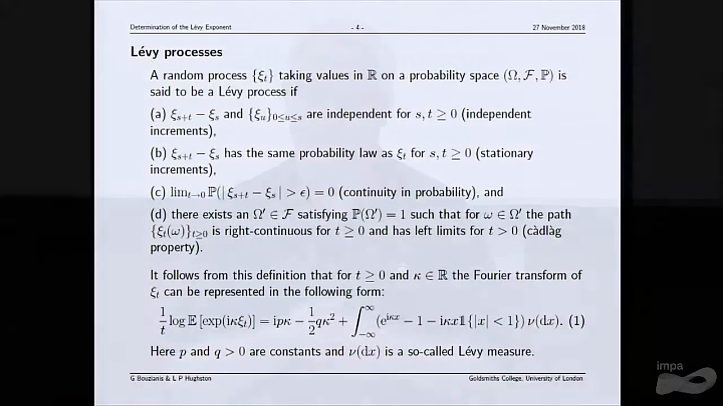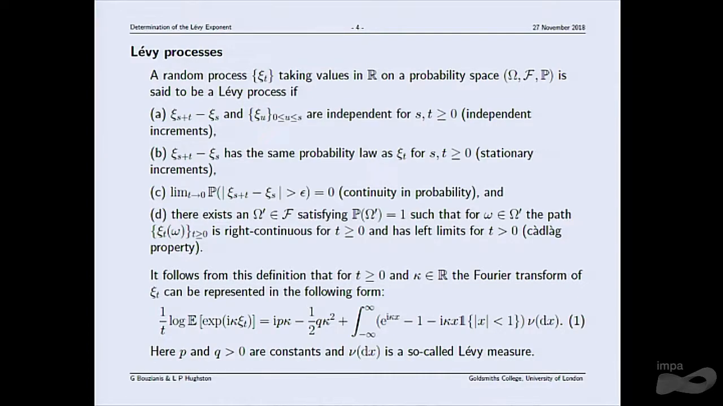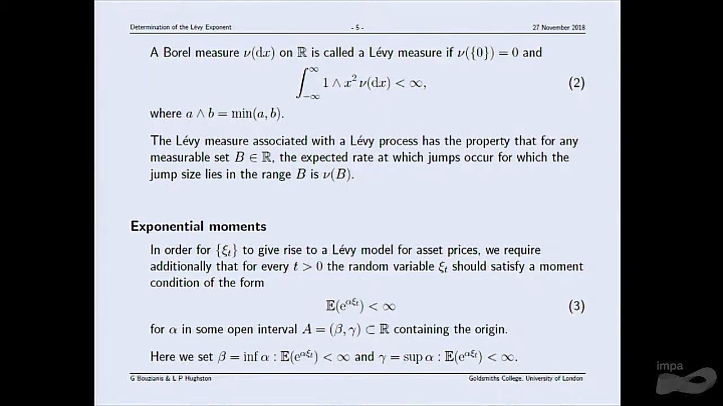And then it's a big important result that dates back to Levy and Khinchin that the Fourier transform of a Levy process is given by a rather explicit formula, which involves a pair of constants p and q, and then a so-called Levy measure nu. And we recall that a Levy measure on the real line is a measure such that nu of 0 is 0, and then there is a certain integrability condition that has to be satisfied, which is kind of characteristic